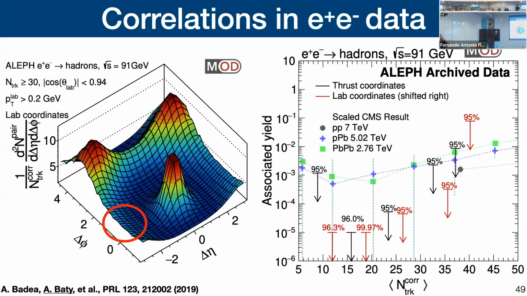So we did this with our e+e- data. We saw no bump, you can see here. And because we saw no bump, what we ended up doing was setting confidence limits, which are just shown by the red and black arrows here. Without getting into too much detail, because the plot's a little bit busy, essentially we just set limits as a function of the number of particles within your event. So we didn't see any bump anywhere, right?